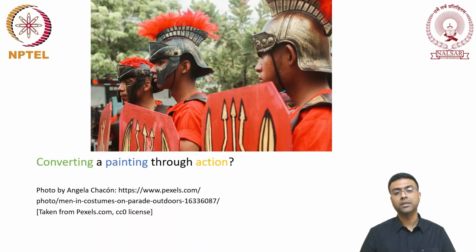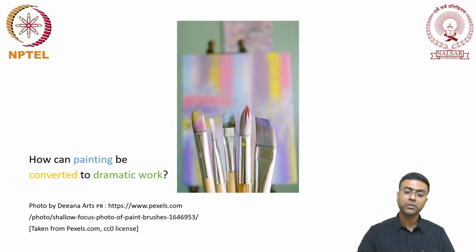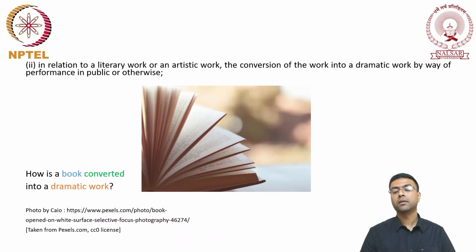Where it depicts certain figures and provides a context for such figures to be present on the canvas, then if a performance were to be based on that context with the specific figures, is it not possible for a dramatic work to now come into existence? According to this provision, it says that this is possible with respect to both literary works and artistic works. It would be possible to create an adaptation in the form of a dramatic work by way of public performance